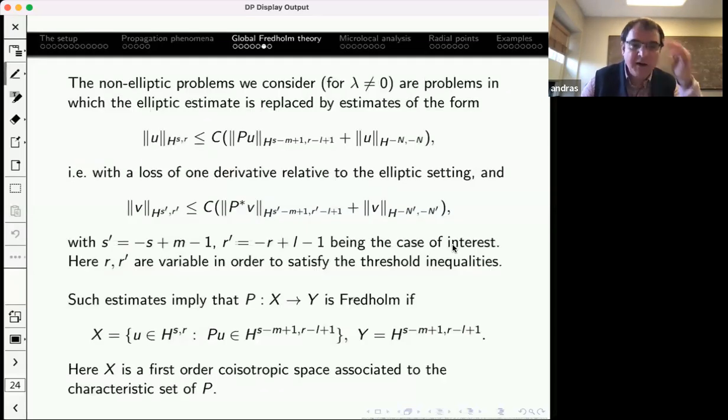Go back. And so you have a similar thing for the adjoint. And so altogether, put together, but again, R and R prime need to have satisfied some inequalities, these threshold inequalities at the sources and sink. And so altogether, this says that the operator will be Fredholm on these sort of spaces. That then would complete the discussion of how you get this 2 to the k in the general setting Fredholm